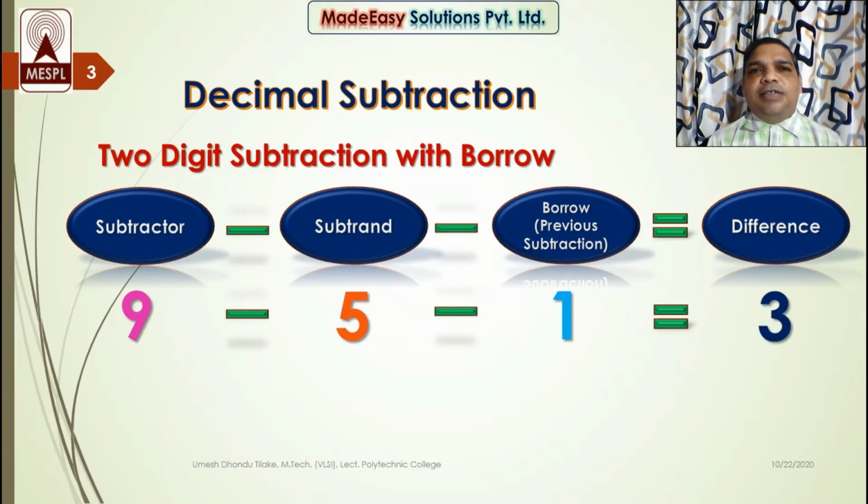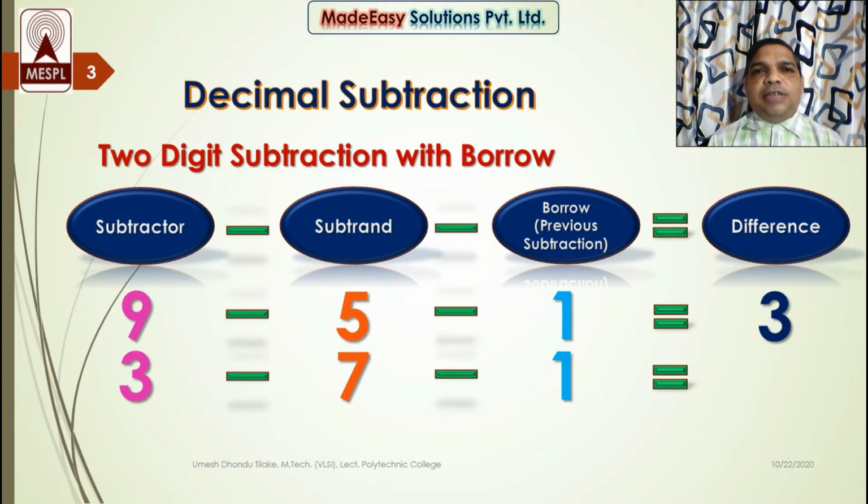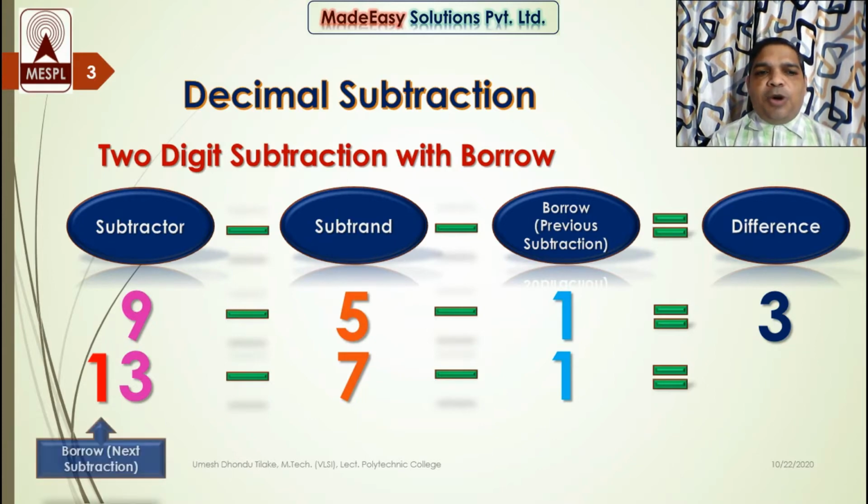Now let us consider such a situation or such an example where my subtractor is less than subtrahend. So let us see the next example. Here I have 3 as subtractor. It will subtract 7. Now 7 is larger than 3. That means my subtrahend is larger than subtractor. That means I can't take out 7 from 3. What do I have to do here? I just explained with an example that I have to borrow pence from my bag. So I have to take a borrow from the next significant digit over here. So I will take a borrow over here, and this borrow must be subtracted from the next digit subtraction.